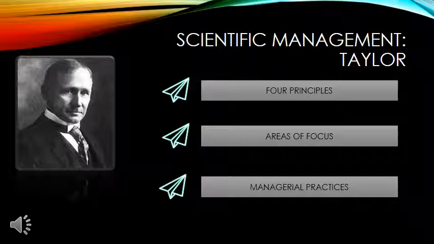So Taylor talks about managerial practices with regards to two things. The first is time and motion study, where the managers use a stopwatch or something similar to see exactly how long it takes a worker to do a certain aspect of these tasks and figuring out if this is the most efficient way to do that particular part of the task. It's broken down further and further until the task turns into a series of movements to complete it efficiently. The second managerial practice Taylor put forth was the least popular one